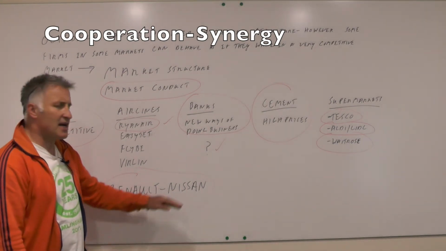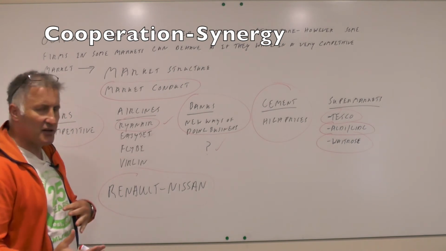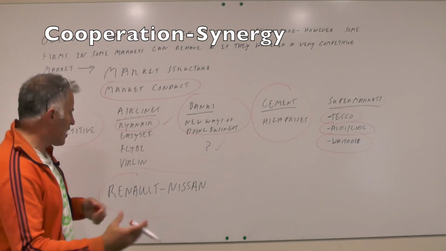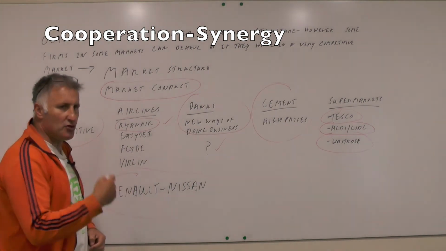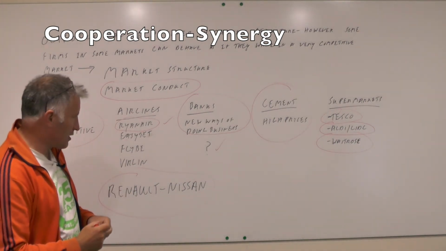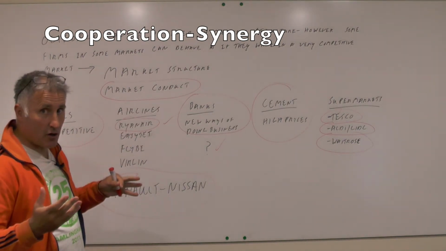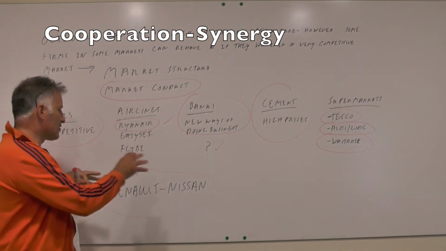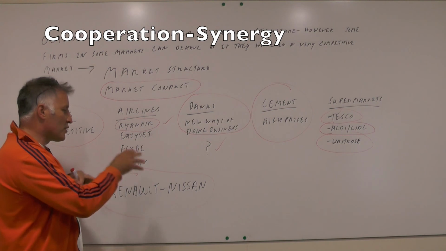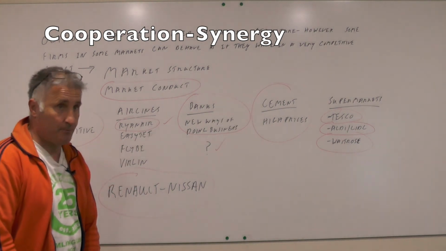I think Renault and Nissan cooperated with each other on certain models, so they come up with certain ideas, certain ways of doing things, and maybe there's a synergy there with the companies that they may come up with new ideas and produce an even better car. So that is overt. People know that's going on, and the firms are probably still competing with each other, but they just think that there may be areas where they can work together, so there's good synergy there as well without having a merger. Okay,